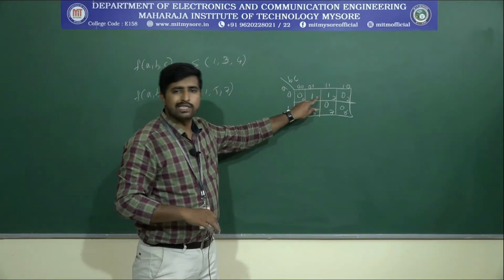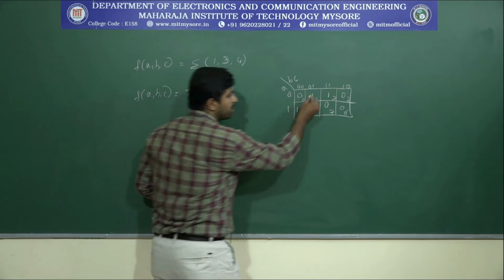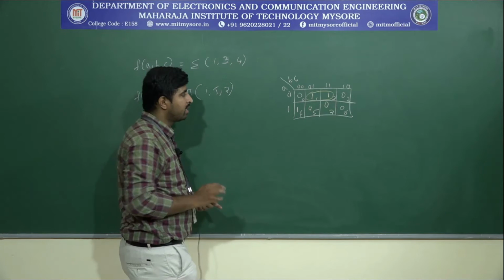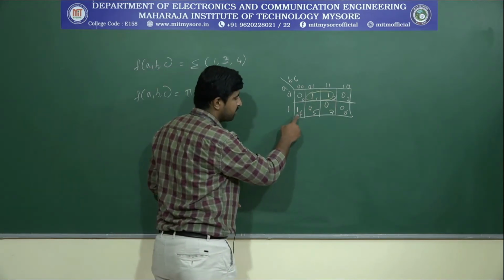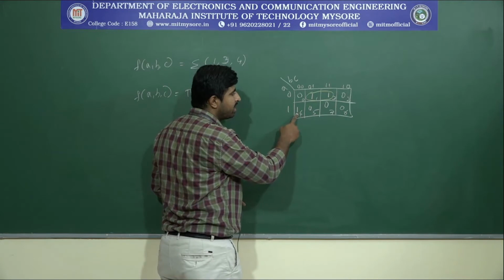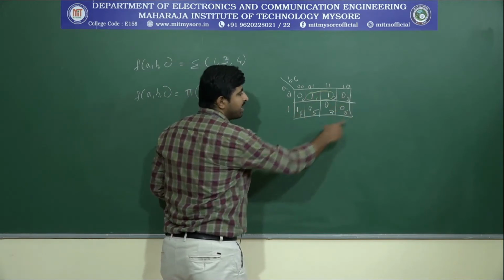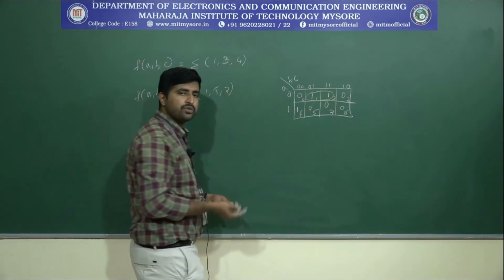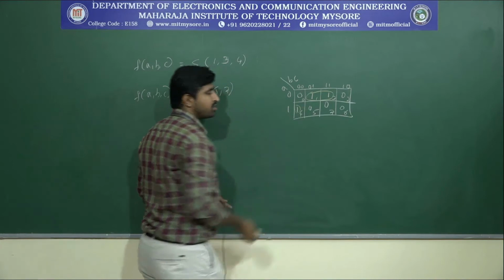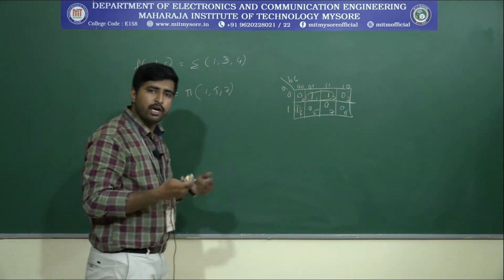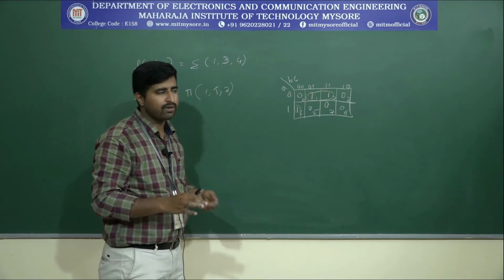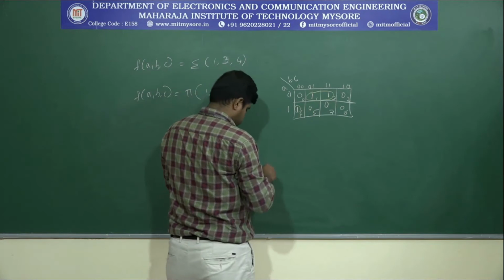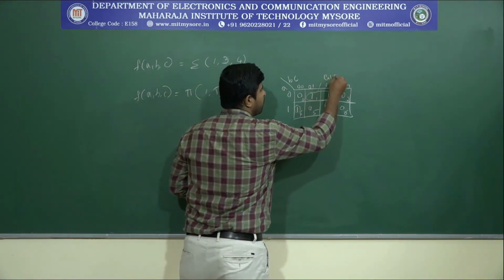Now this comes to the 2 cell group. Yes, we can make a 2 cell group here. These 2 are adjacent to each other, so we can make this one group. And this 1 here is not adjacent to any other 1, not to the 1 and not even to 3. So we need to make a single cell group here. We don't have any option to group a higher order, so we go for the lower order group. So this is group 1, G1.